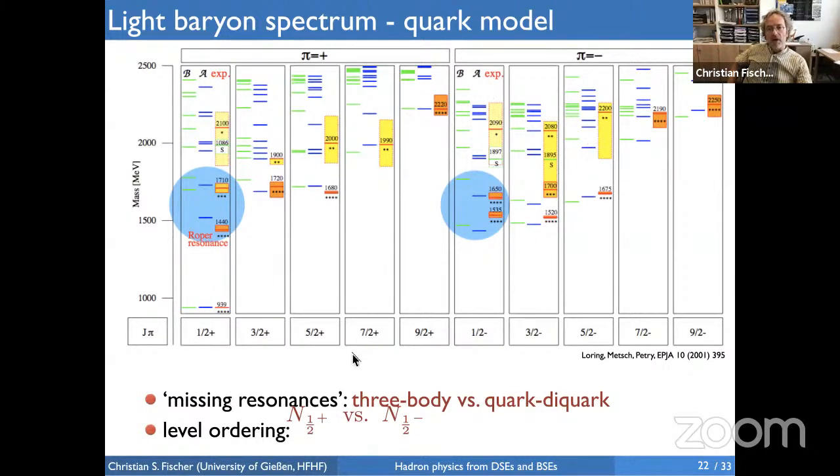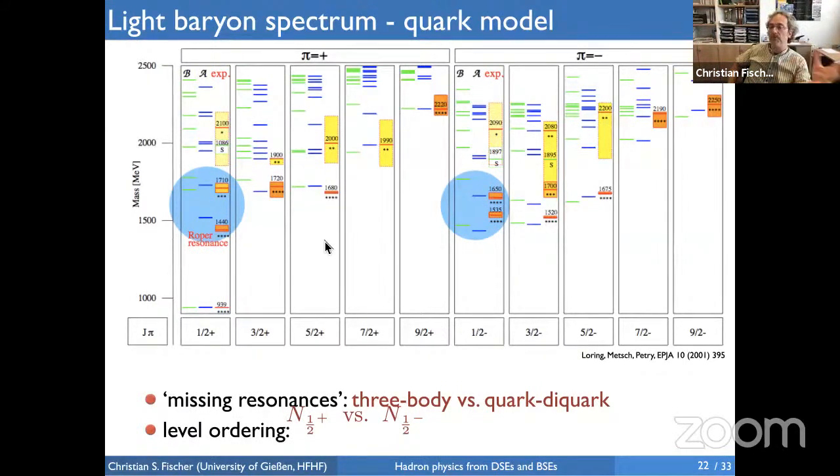And what you see from this plot are 2 things. First of all, the quark model predicts many, many more states than have been observed in experiment. And this is known as the missing resonance problem. Of course, potential solutions to this problem can be twofold. One reason could be that we just have not identified all the states yet in experiment. And certainly this is true, and this is an ongoing business, and in the past 20 years, many more states have been added, but still, there are many, many more quark model states than have been identified in experiment.